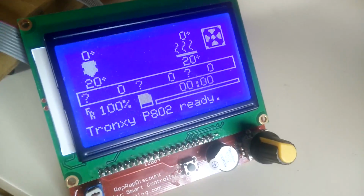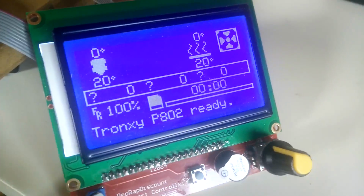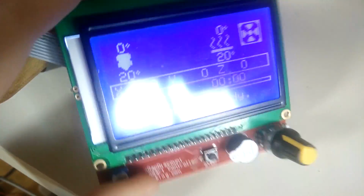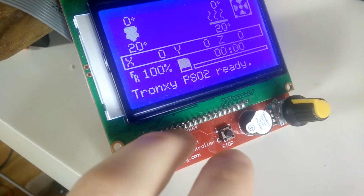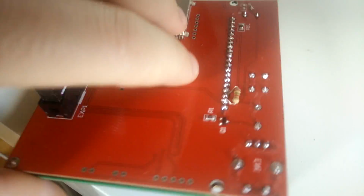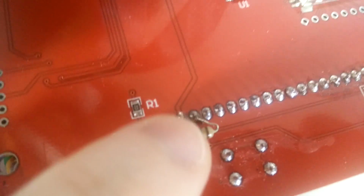So a short update regarding the RAMPS board. I fixed the issue with the contrast on the display. There are two ways you can do this. Either you can desolder all of these pins on the backside, and then below is a second potentiometer which you can calibrate, or you can also just solder in a small resistor between these two pins,